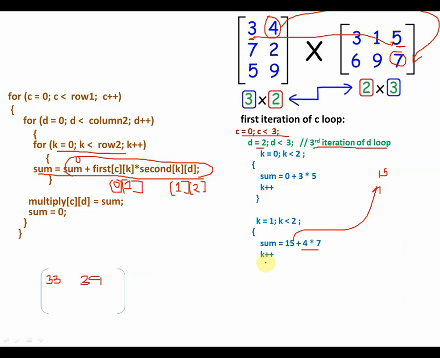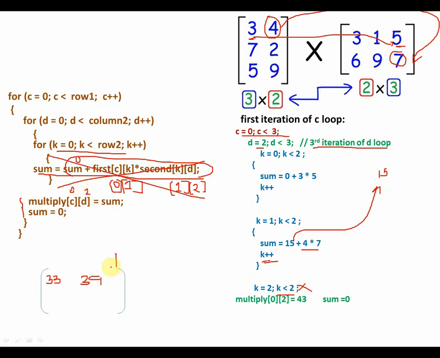You go ahead, increment K. K will be now 2. Again you will check, is 2 less than 2? No, 2 is not less than 2. 2 is equal to 2. So this will fail. And what you will do is you will exit out from this part and again execute this part. What is that? You are storing the next element at C, which is actually 0, and D, which is actually 2 this time.